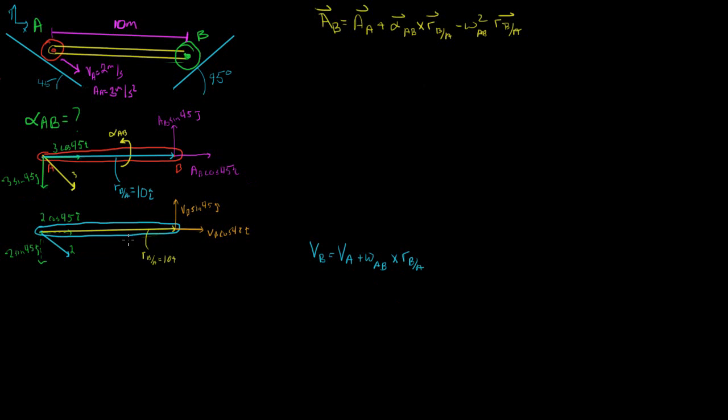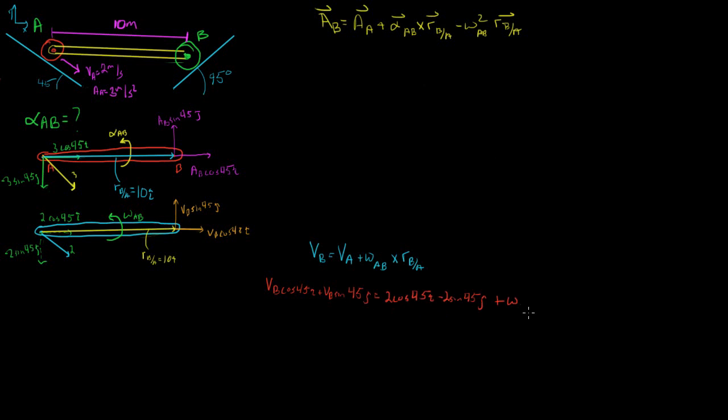And we don't know this angular acceleration, so we're going to assume it's positive. And positive is going to be this counterclockwise direction. So this is going to be our angular velocity. Now if we plug in everything we know to this equation, we have the velocity of B times the cosine of 45 i plus the velocity of B times the sine of 45 j is equal to 2 times the cosine of 45 i minus 2 times the sine of 45 j